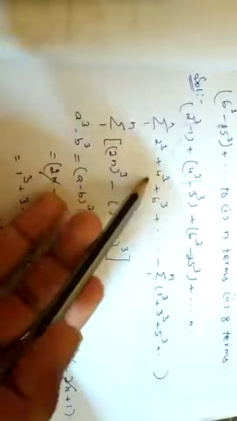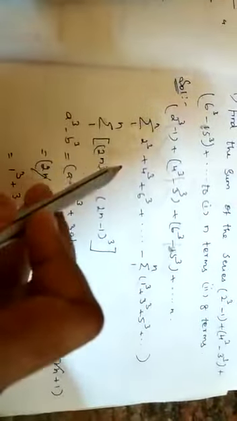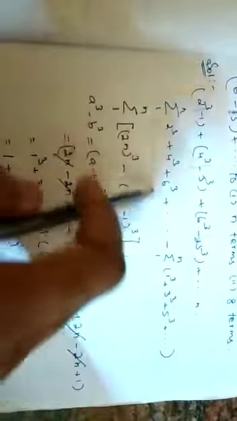You can write it as follows. What is an even number? 2 into n is any even number. So you can write this whole thing as 2n whole cube, where n is any natural number. Number of terms will be n. And minus this, you know what is an odd number? Even number minus 1 is an odd number. So even number is 2n and 2n minus 1 is an odd number, so whole cube.